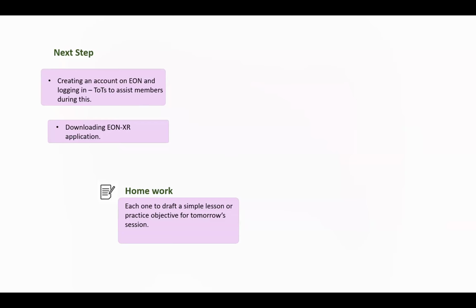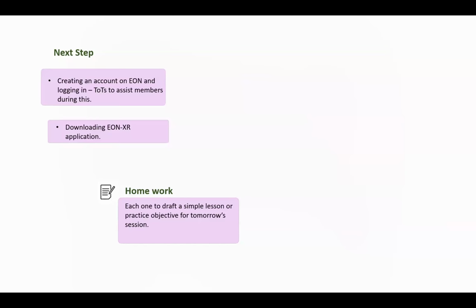Okay, so EON is a platform. It's a web-based platform. It is almost like, no, it is not almost, it is a learner management system, but for the extended realities. I don't know if that makes sense. You know how you have your LMS, learner management system at school? So with the LMS you're able to upload videos, notes, give quizzes and assignments. Then we have EON Reality or EON-XR.